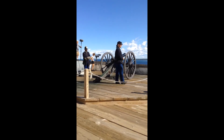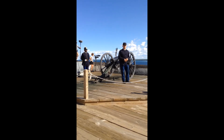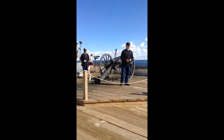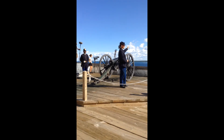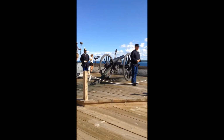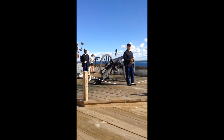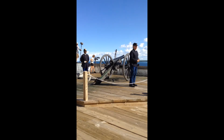And at that distance, a trained gun crew would be expected to be able to hit a target no smaller than the size of Round Island. It's not a very accurate weapon. In fact, at its more effective range, which is about half of a mile, so from about here to the